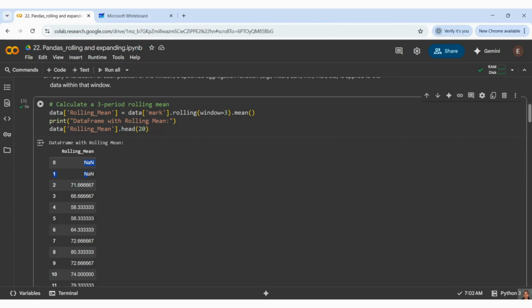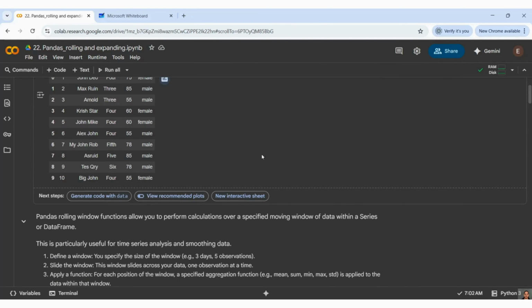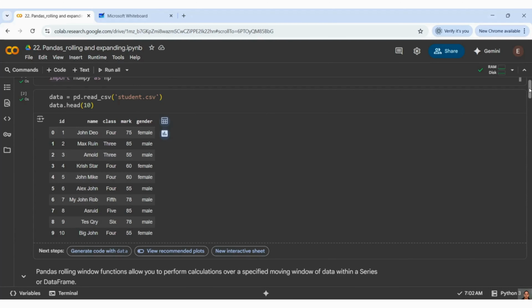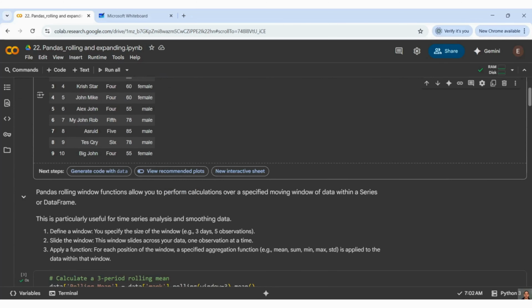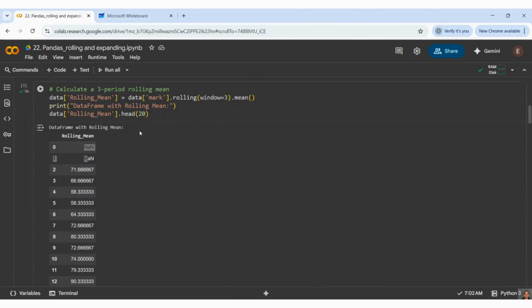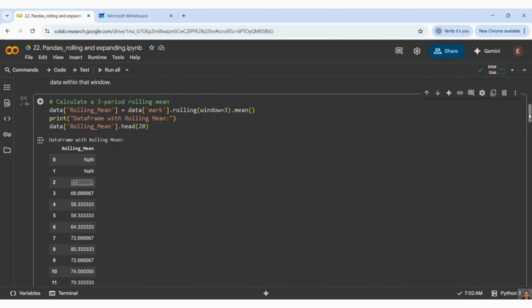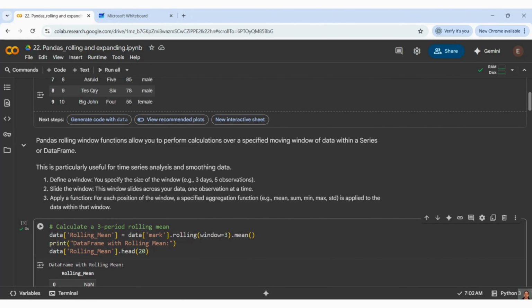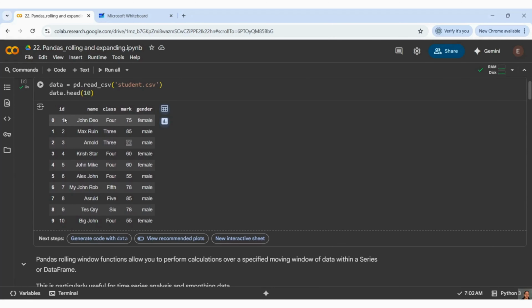Let me scroll above. It has taken 75, 85, then 55, added them up, and got the average by dividing by 3, and it got it in this place. After that, let me take the whiteboard to show the full data.